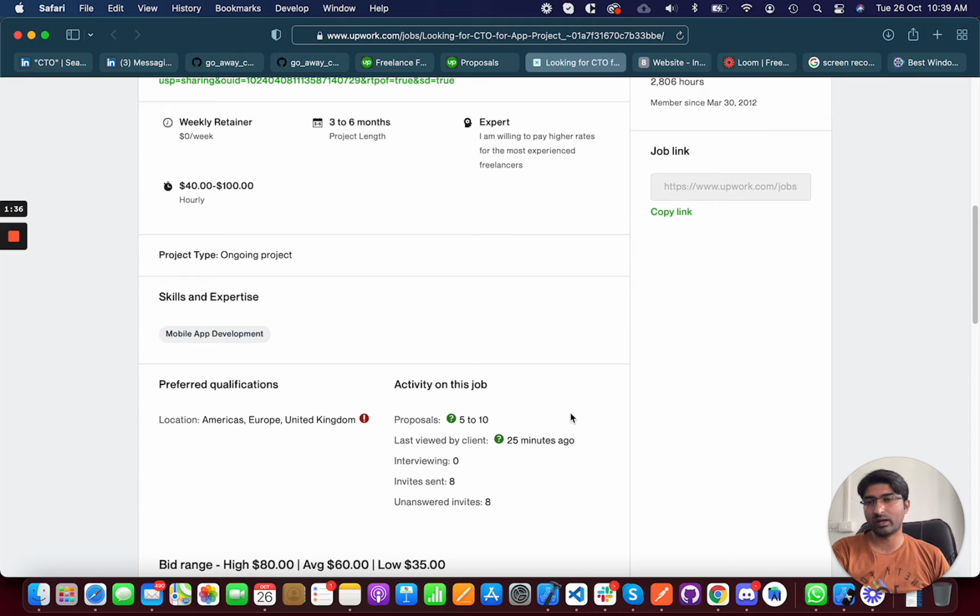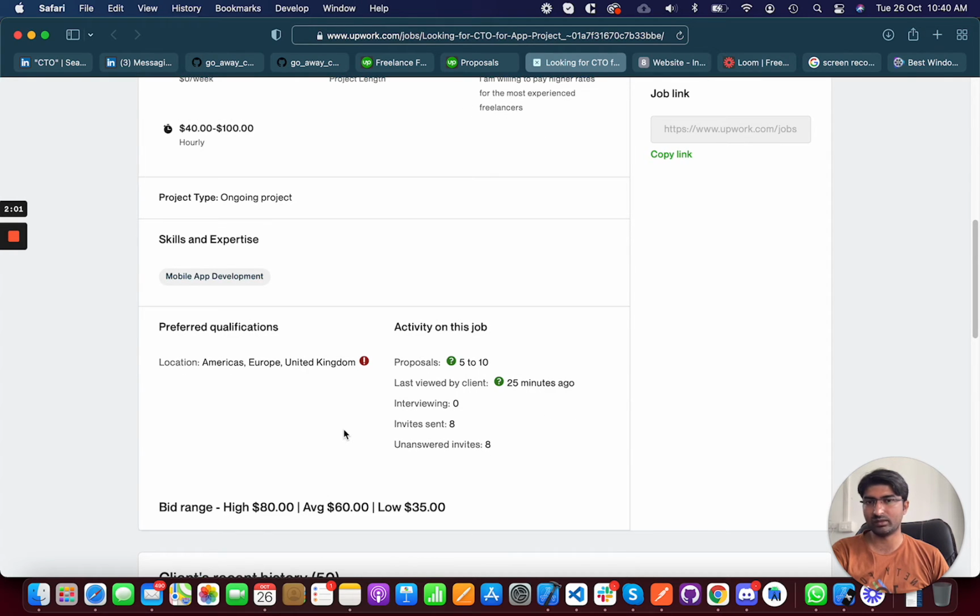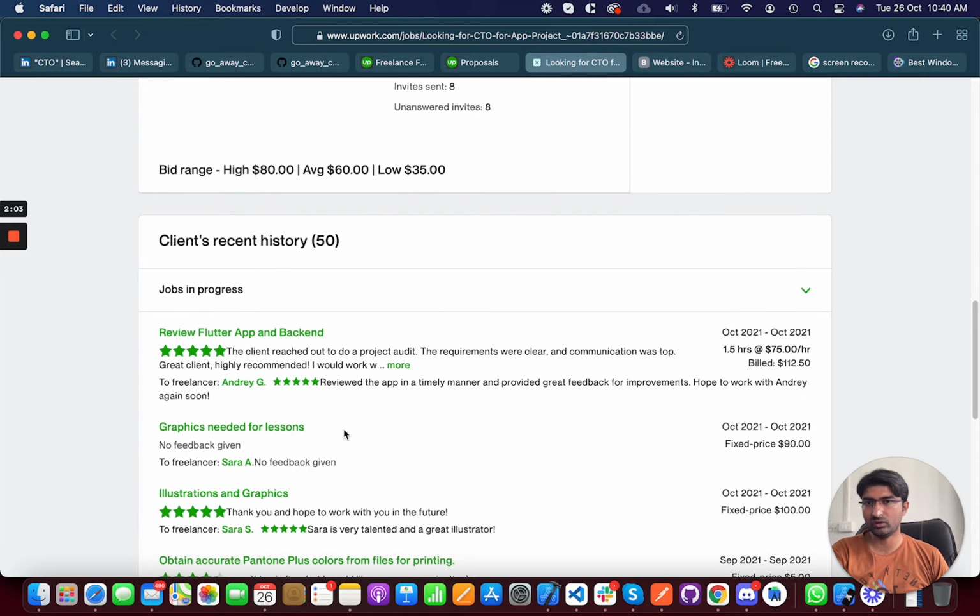Let me give you more of an idea about what the client is looking for in a particular location. Here he has already defined the countries where he is looking for freelancers. So if you are not eligible, I prefer you don't submit and don't waste your connections on this job. It's different if no location is defined.